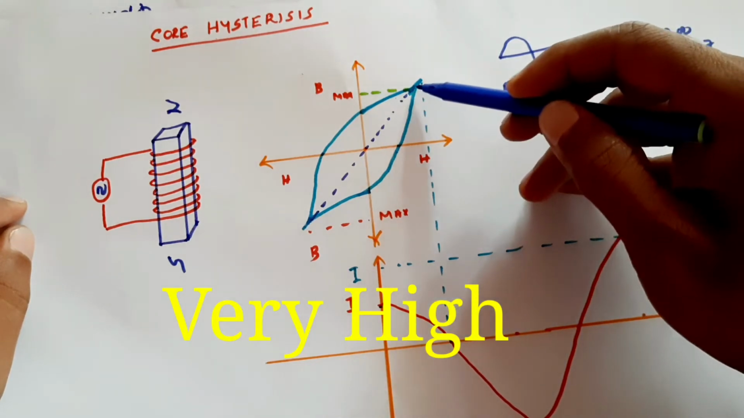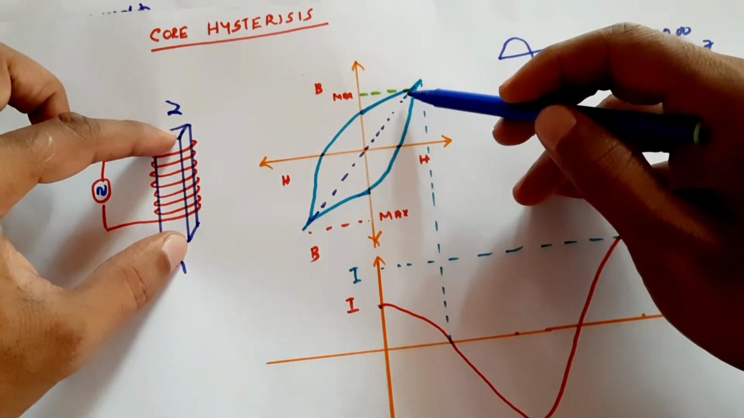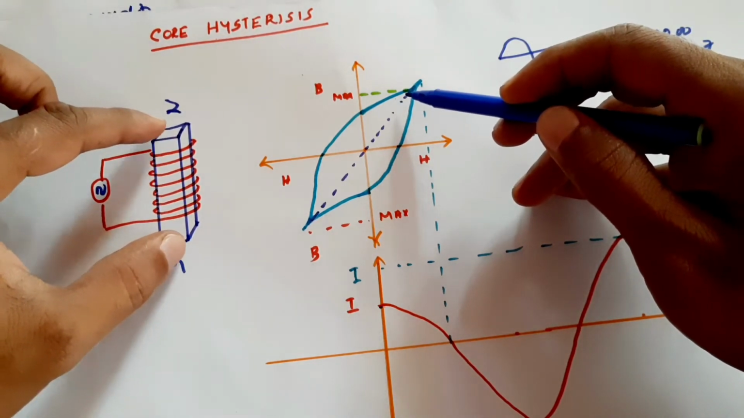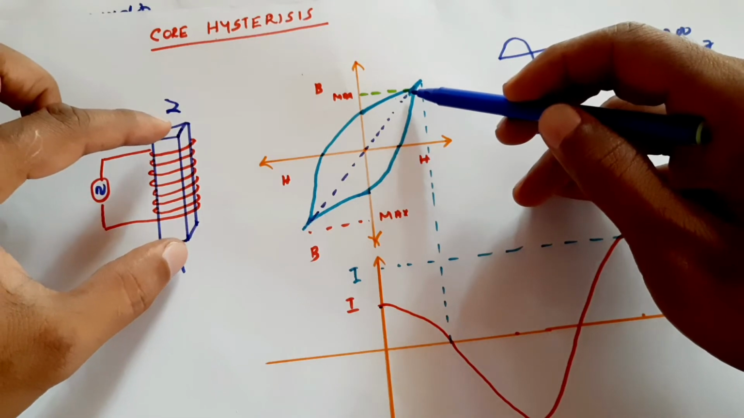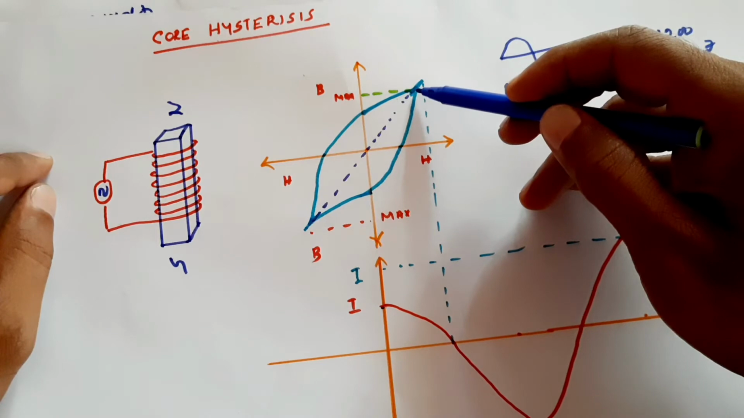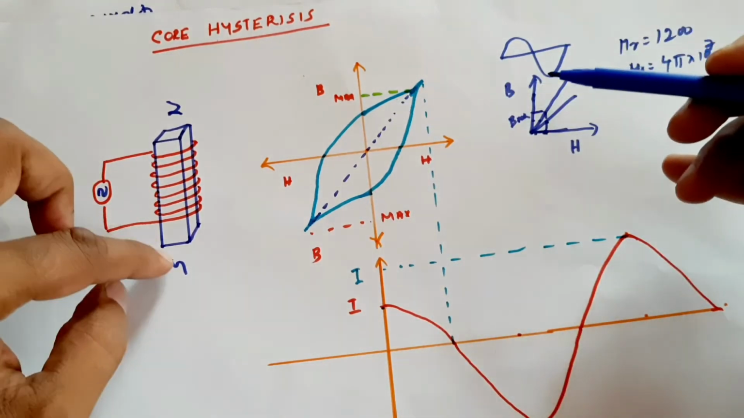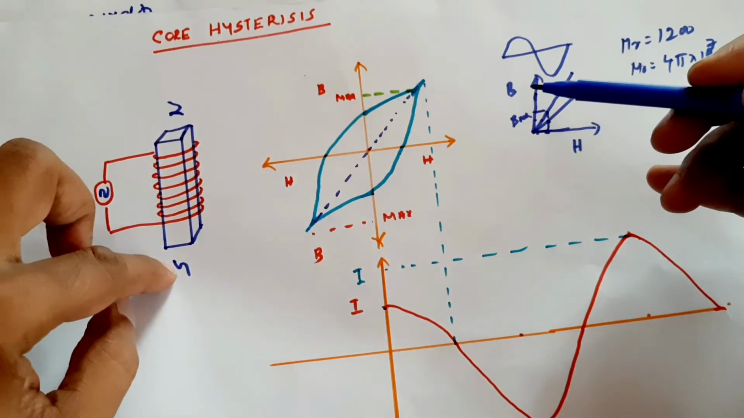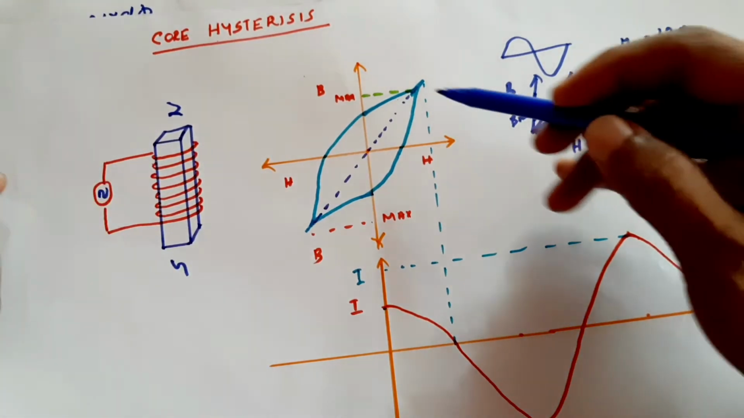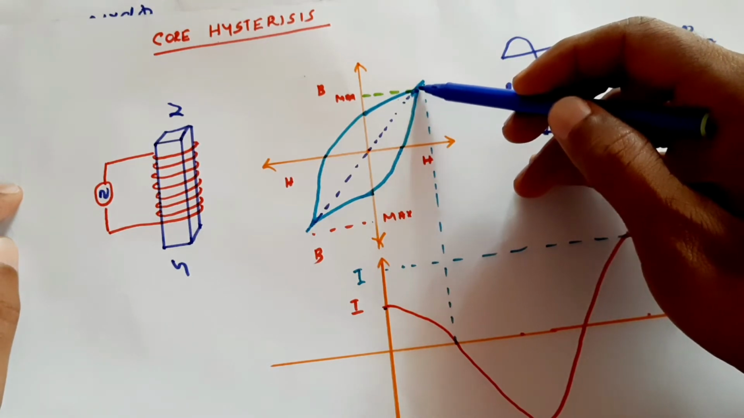But after it is fully magnetized, that means when the magnetic core is fully saturated and the flux is fully filled inside that core, further increase in current will not have any effect on the flux. So it has become saturated and it has become a magnet. If we say that this is the south pole and this is the north pole, now after it has become saturated and become a magnet,